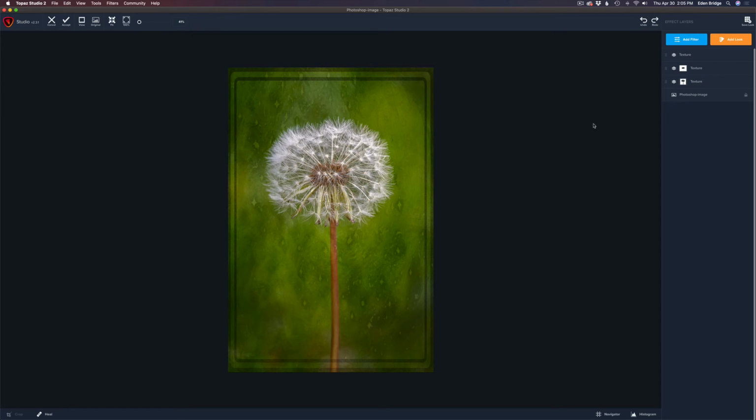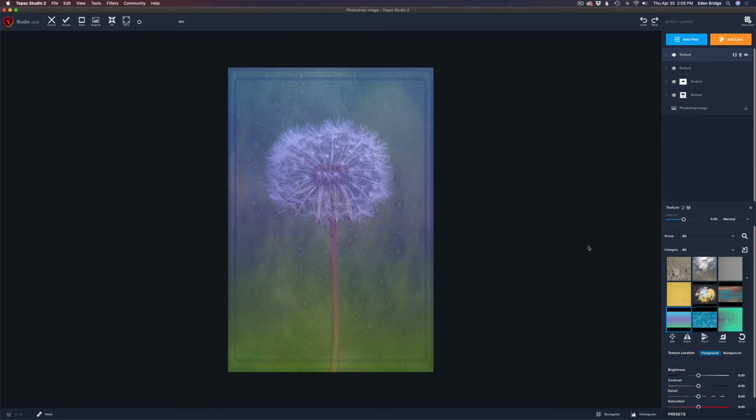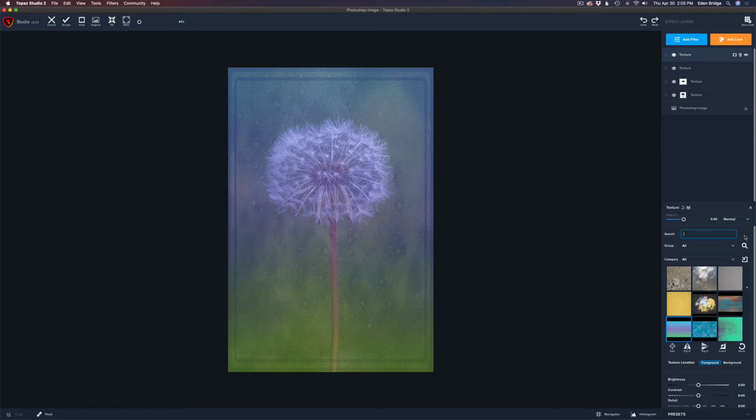I'm going to add one more texture. So we'll come up to add filter. This is our fourth texture. And the last texture is scratches 24. So let's go to the search icon again and